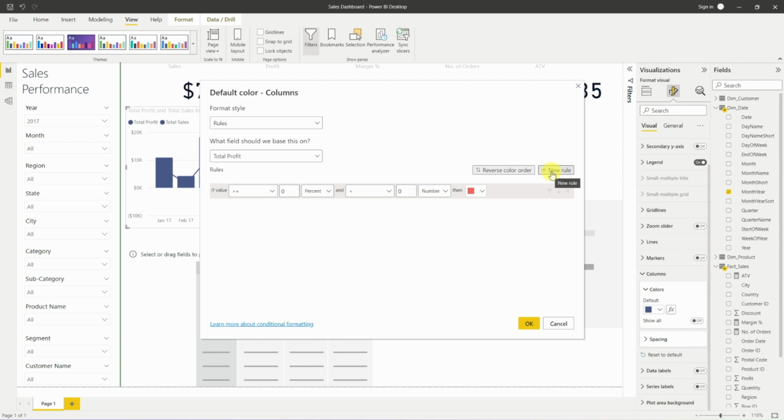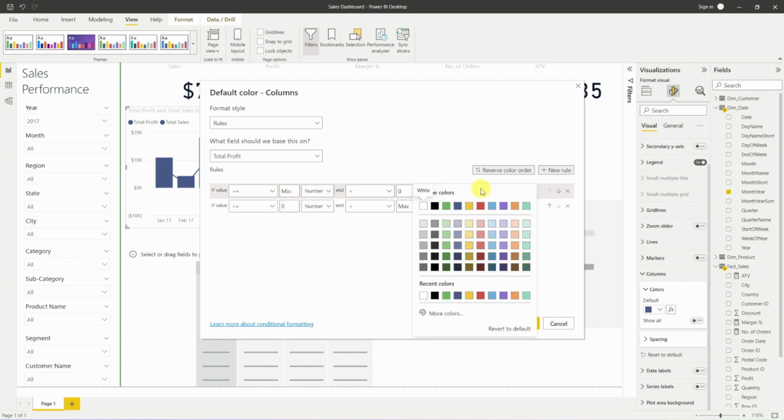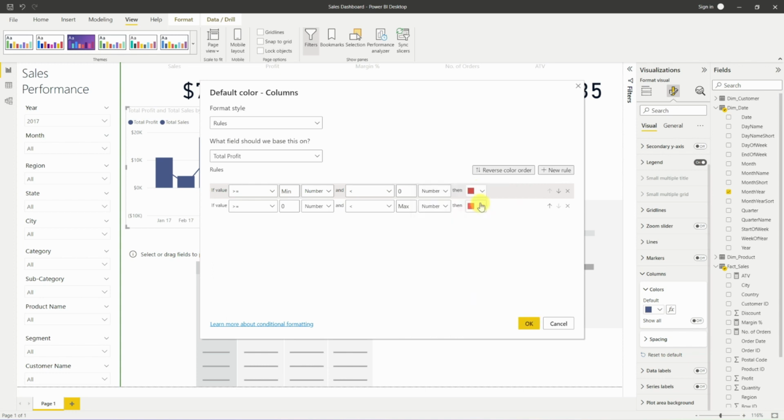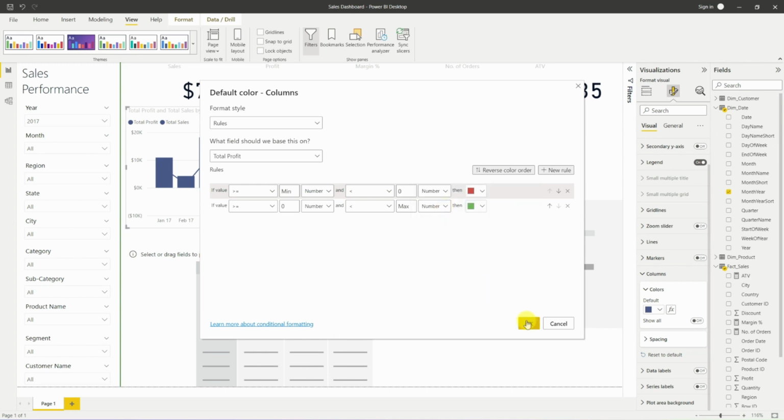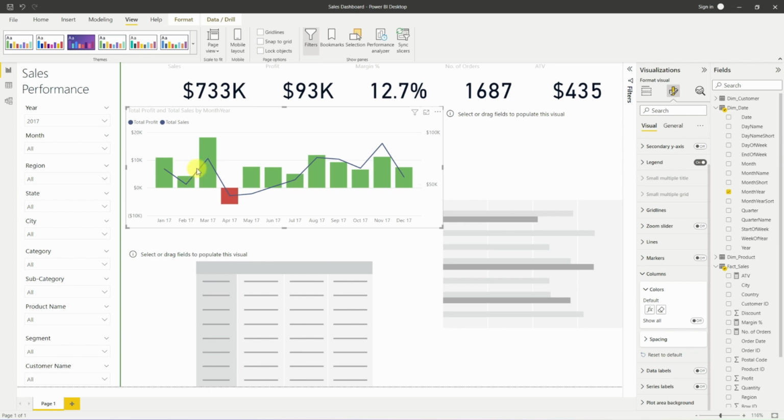So we only need two. We want one that's less than 0 to be red and equal or greater than 0 to be green. Now we've got what we've got here. Let's make these all numbers. And as we don't have any minimum and no maximum, we can just remove the max on the one that's going to be greater than 0 and then the min on the one that's going to be lower, and then we can select what we want our color scheme to be. So if we go for that red, and then for the greater than or equal to 0 we go for that green, and then if we do OK,